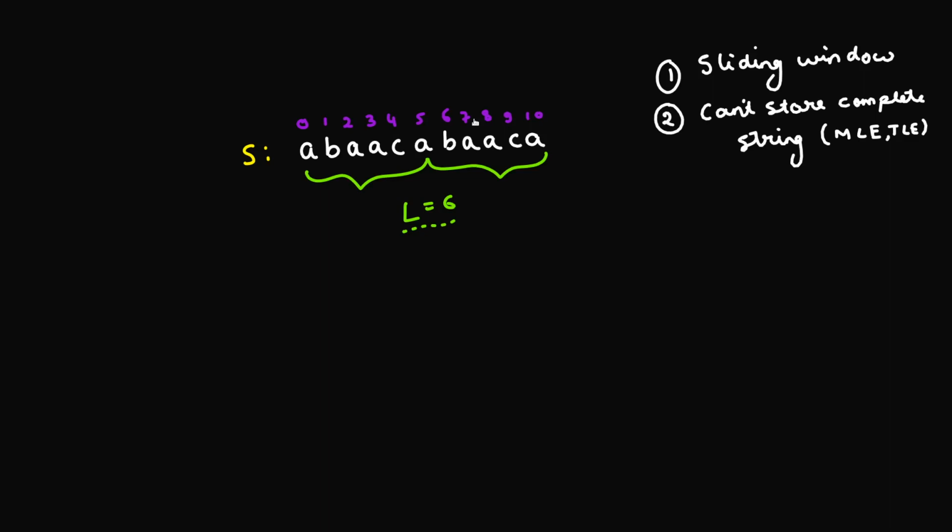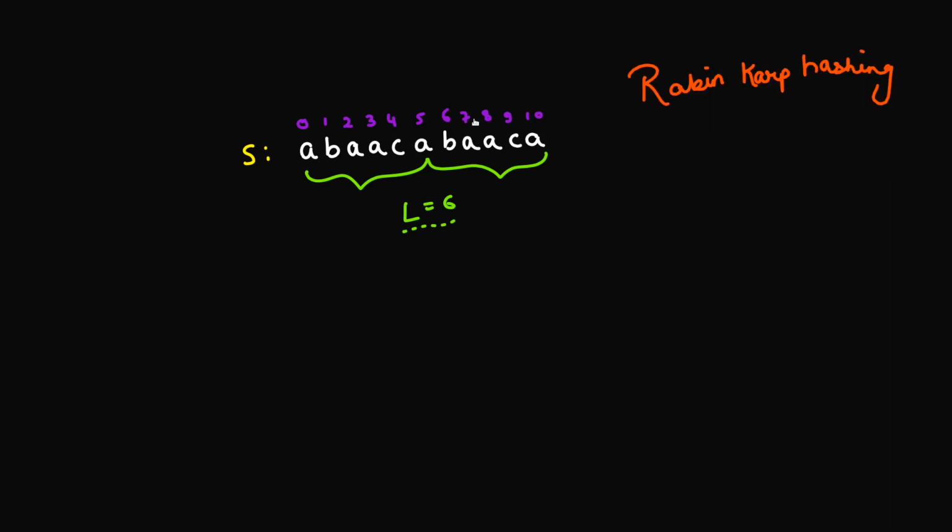So that's why we'll be having a look at an algorithm which is a really famous algorithm when it comes to string hashing, which is Rabin-Karp hashing. What we do in Rabin-Karp hashing is, if you have to compute a hash from index i to j in this given string, this is how you will be computing the hash of the string. Don't worry if you are not familiar with Rabin-Karp hashing.